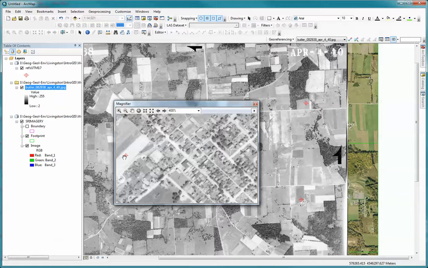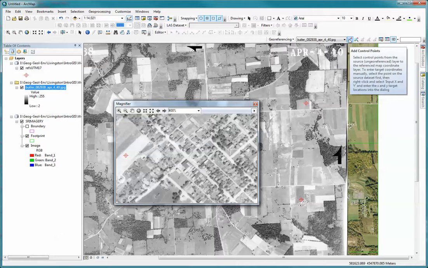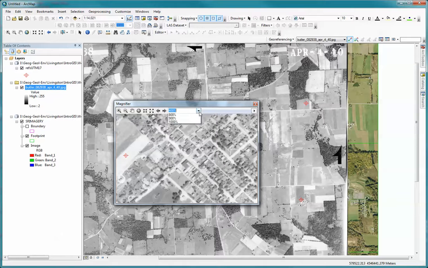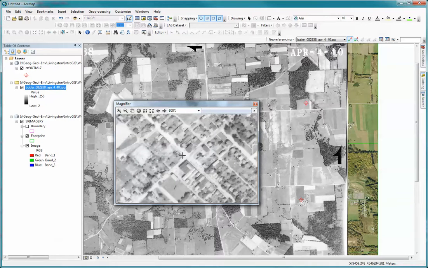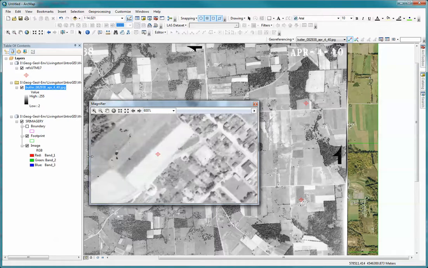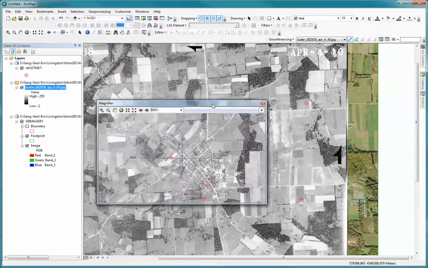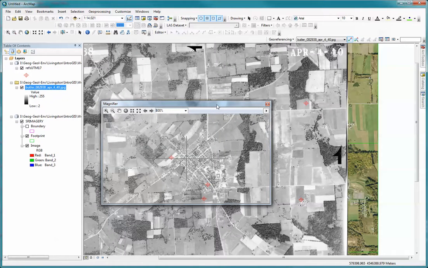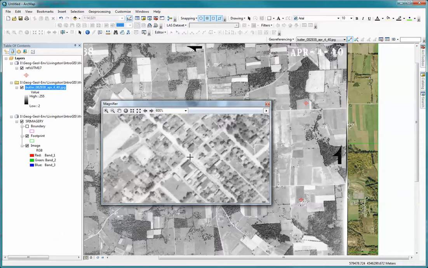Now, the next thing that I'm going to use is the Add Control Point option. So I'm going to select that, and again, I'm first going to click on where I want on the black and white image. Okay, and I'm going to actually zoom in just a little bit more. We're going to go to about 600%. And again, I know that it's this intersection right here. I'm going to click right in the middle of that. Okay, and actually before I do that, I'm going to stretch this so I get just about to my... So there's my registration point, and there's the middle that I want. I'm going to click here,